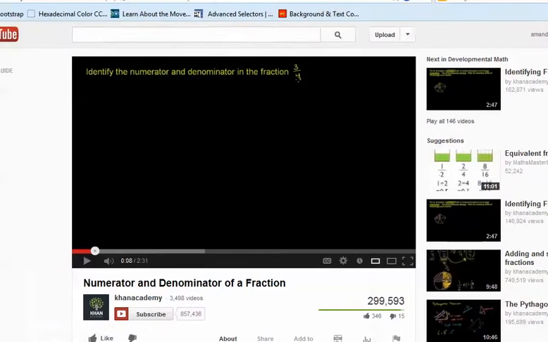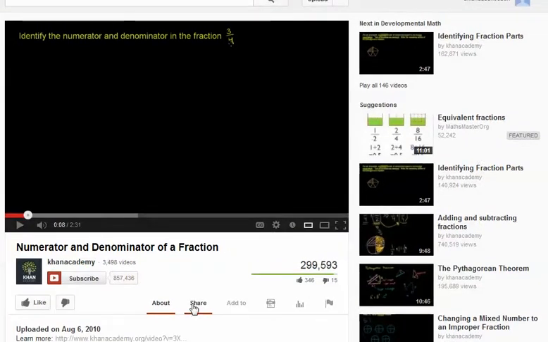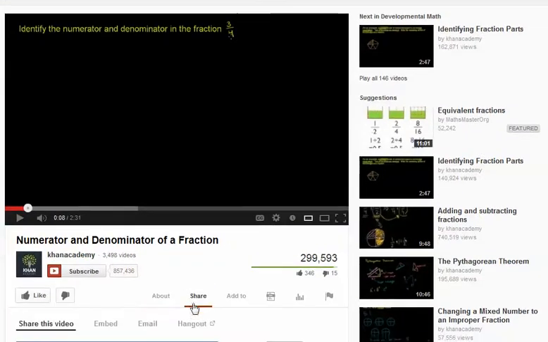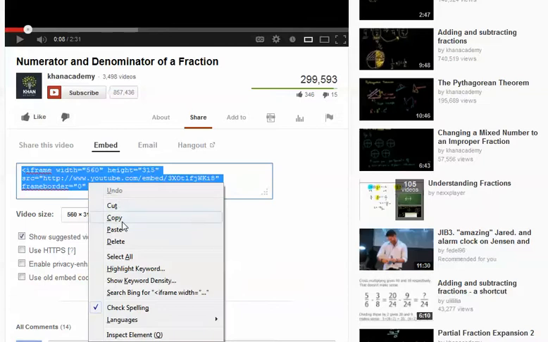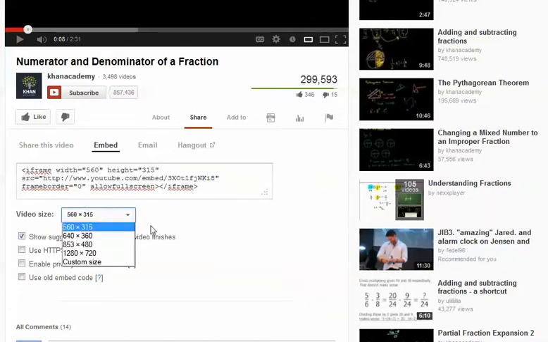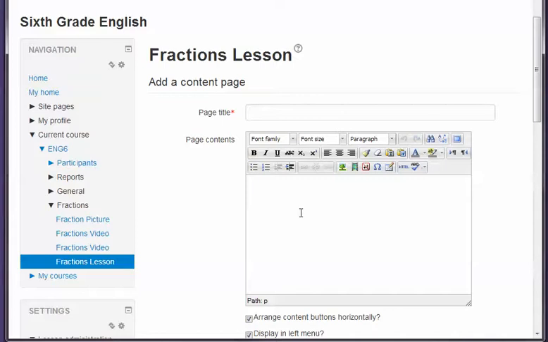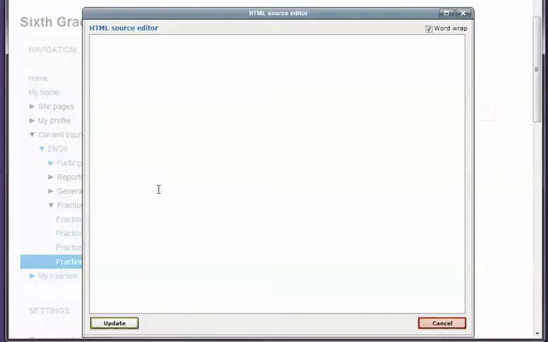So this is a YouTube video, and so we're going to go to the share, and then we're going to click on embed. We're going to copy the source after making sure that we've chosen the smallest one, and then we're going to insert the video. We're going to click HTML and insert the video